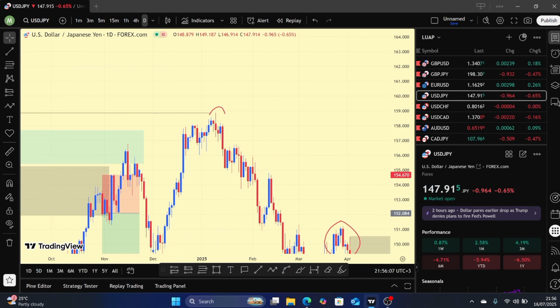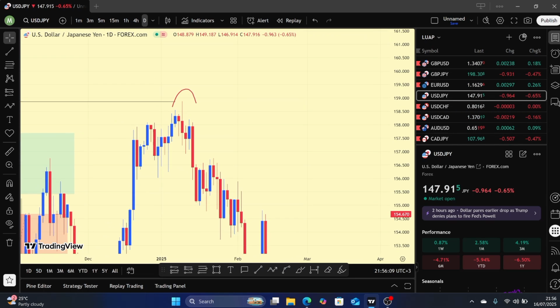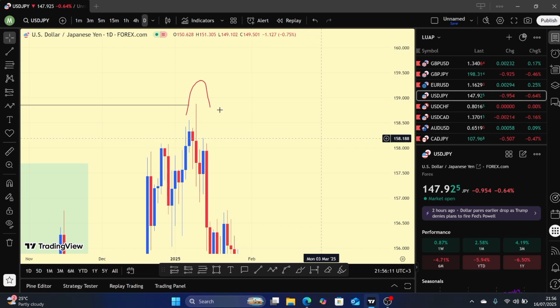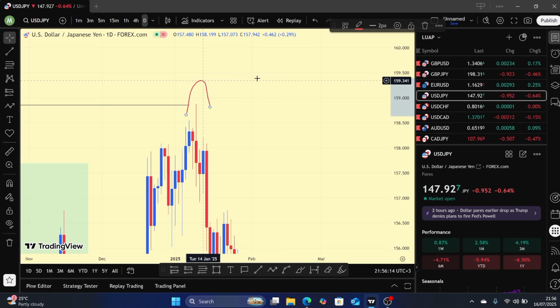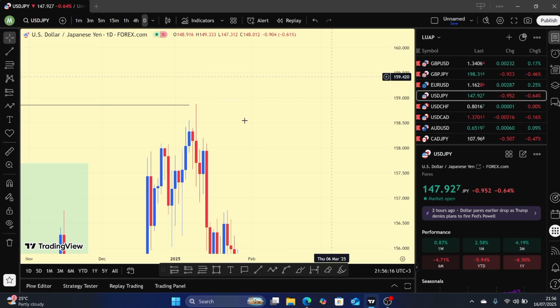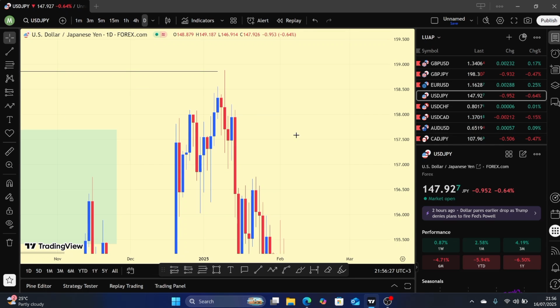You can clearly see if I zoom in, this candle just wicked above this here, even though it didn't dip, it didn't go deep, it just wicked above, a small wick above, and then gave the rejection. That was enough to confirm the sweep, and we can clearly see the reversal pattern that price